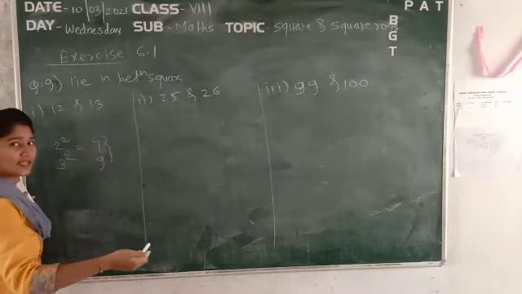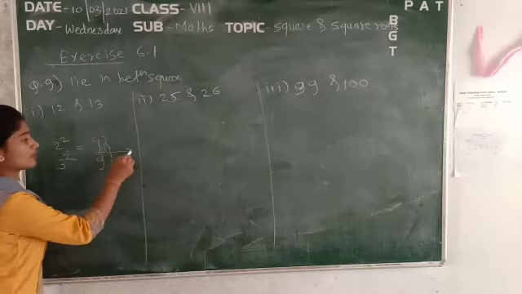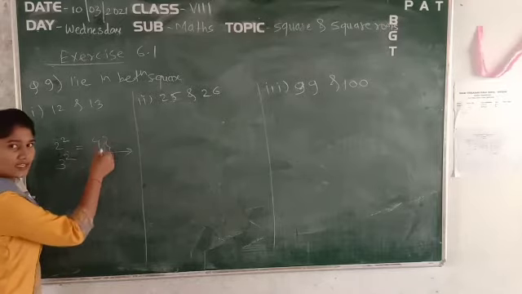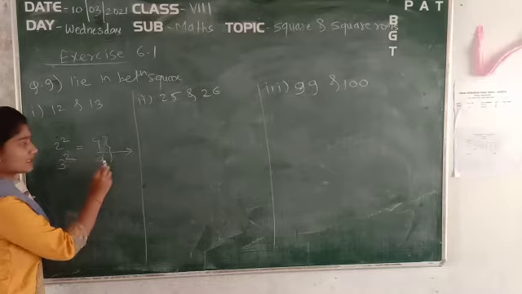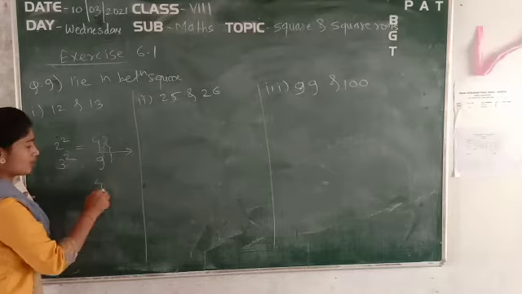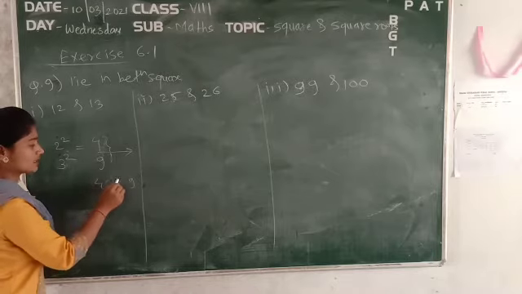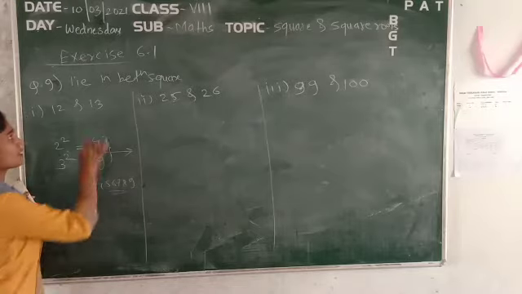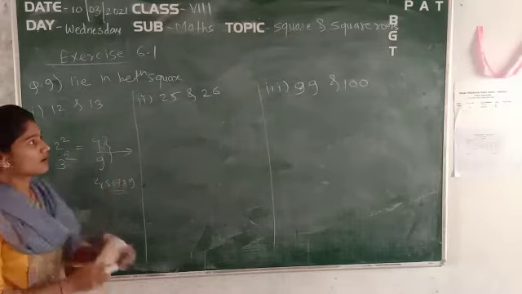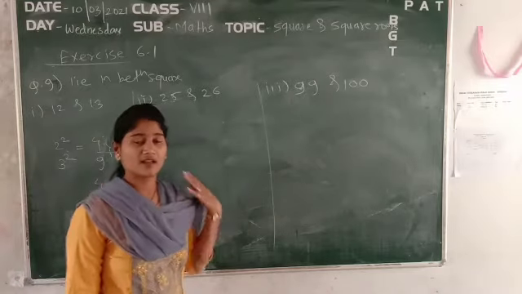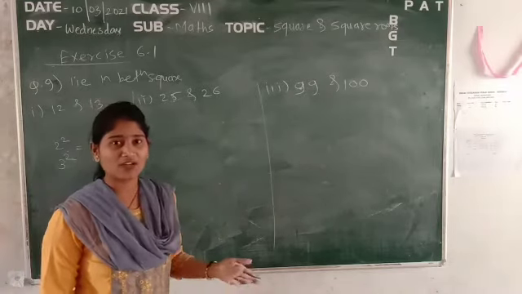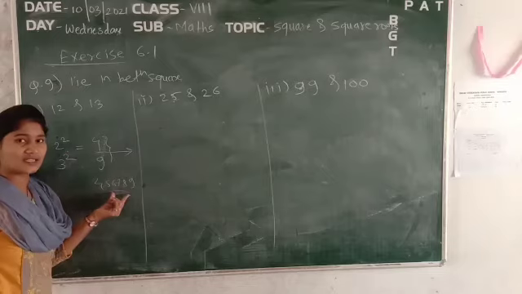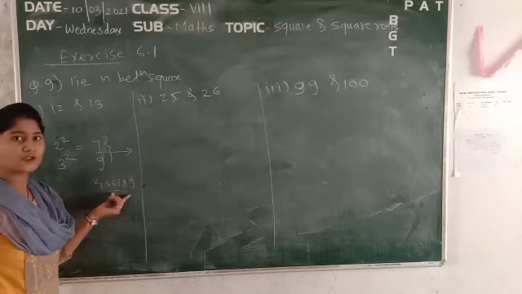So now I am asking the question: how many numbers are there between the squares of these numbers? Like from 4 to 9. If we count 5, 6, 7, 8, there are 4 numbers. But think, if it is the biggest numbers, like 99 and 100, will you be able to do these calculations by counting like this? No, it is not easy.